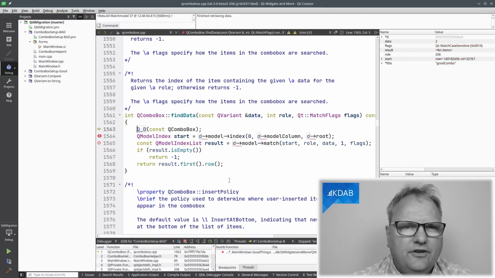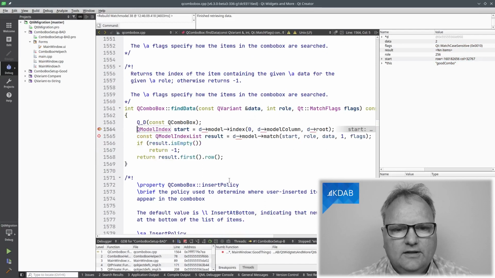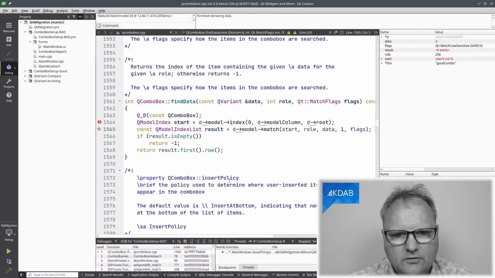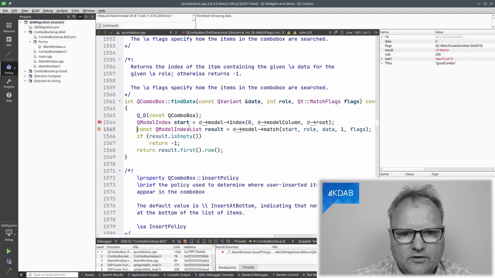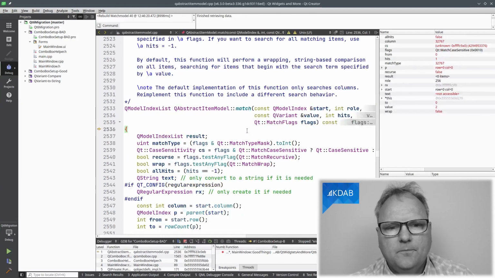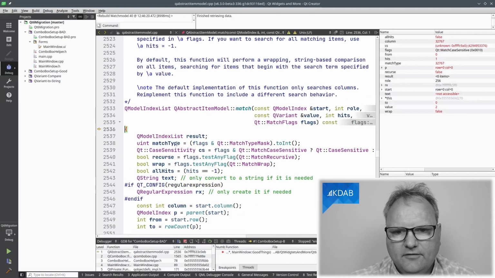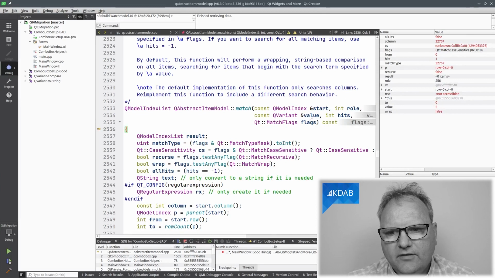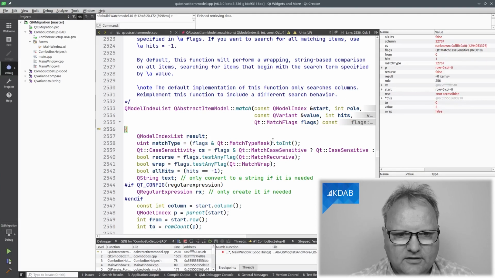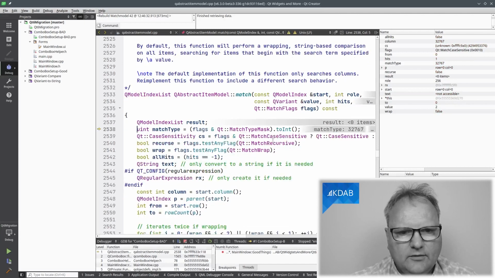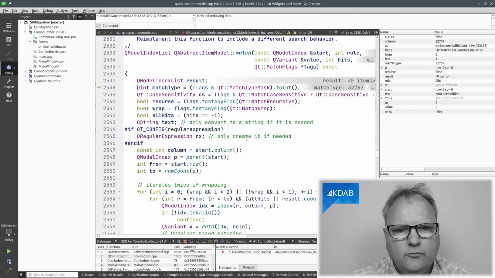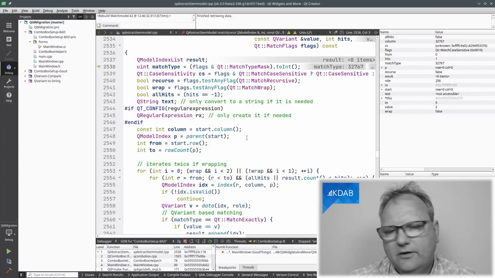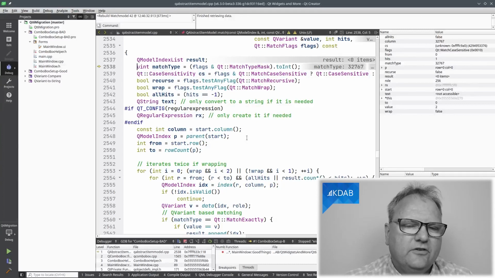Well, I'll leave that to another episode to discuss what that's about. Here we look up something in the model, we do something with match, and that is the result that will be returned here. So that's likely a good place to step into. I step in here, I can see my value coming in, that's the 2, and a bunch of other things. I could start stepping down here and explain all the code, but I'll just read it in my brain without saying anything, and then figure out where's a good time to stop.